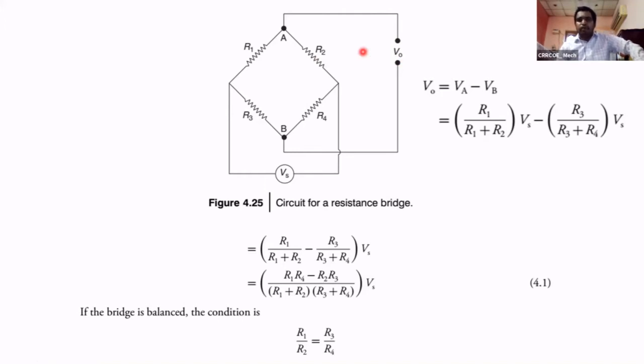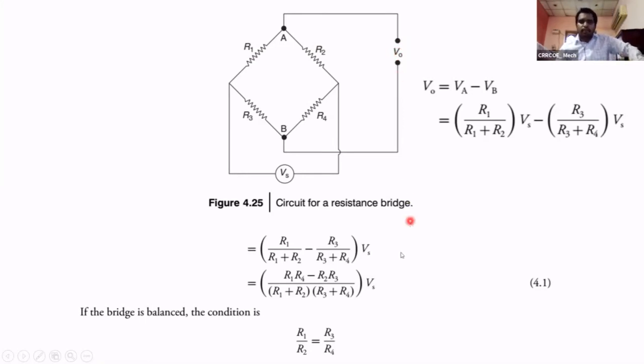We can balance that by changing the other resistance. If R2 is changing in the sensing element, by varying R1 we can again reduce V out to 0. How much resistance is required for the variation is the measurement. That is the bridge balance method. Second, if there is any variation in the resistance that causes V out, and you take that V out as a reading, that is the imbalance method.